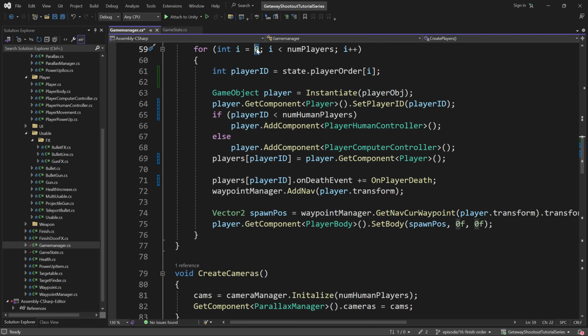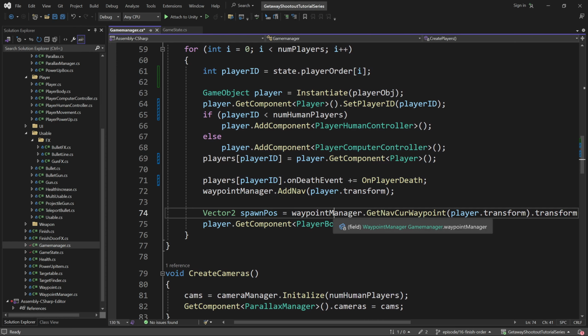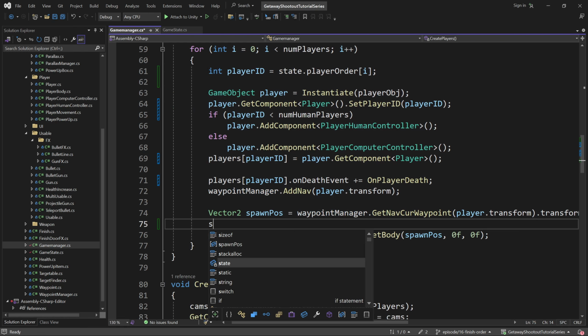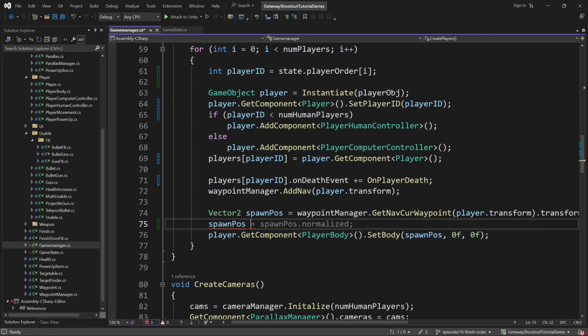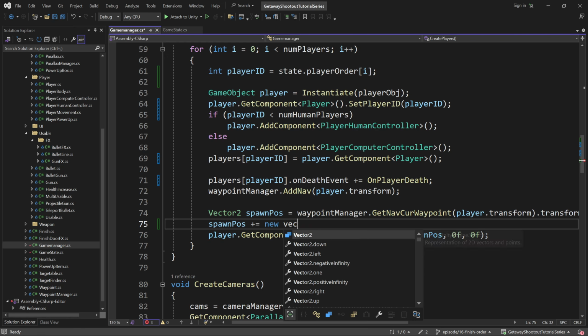0 being we want to spawn the player at the back, and the max spawning the player in the front. And currently we spawn all the players at the exact same spawn point, but I'll change that here. So spawn position, we're going to actually increase for players later in the order. So if I do something like this, plus equals new vector 2, and actually I could do vector 2